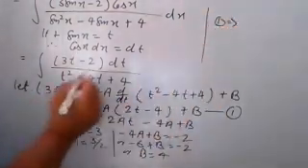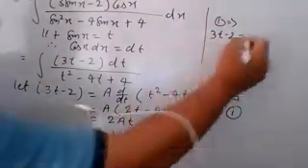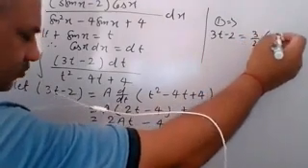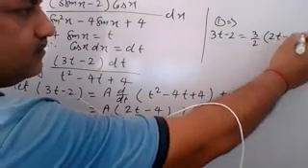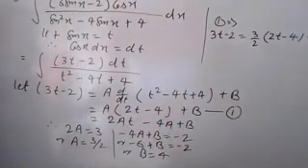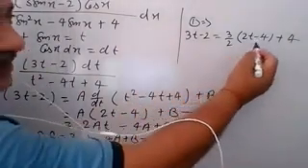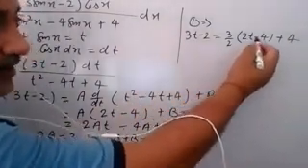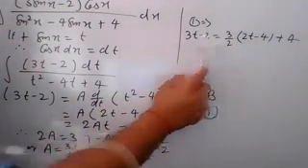So you have 3t minus 2 is equal to a, so write 3 by 2 into 2t minus 4 and plus b, here you have 4. This is what I was saying, beta. Now don't think that you can simplify it, that 2 is common, so cancel the 2. Don't do this. If you do, your derivative will get disturbed. Clear? So that is only your numerator part.